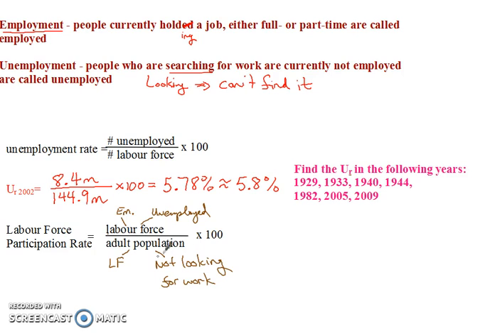But there can also be situations that are problematic, which is when people want to be working, they were part of the labor force, and they gave up looking. They gave up looking for work, and they said, the heck with it, I'm never going to find work. They just kind of quit, and they pulled themselves out of the labor force, and that changes the labor force participation rate.